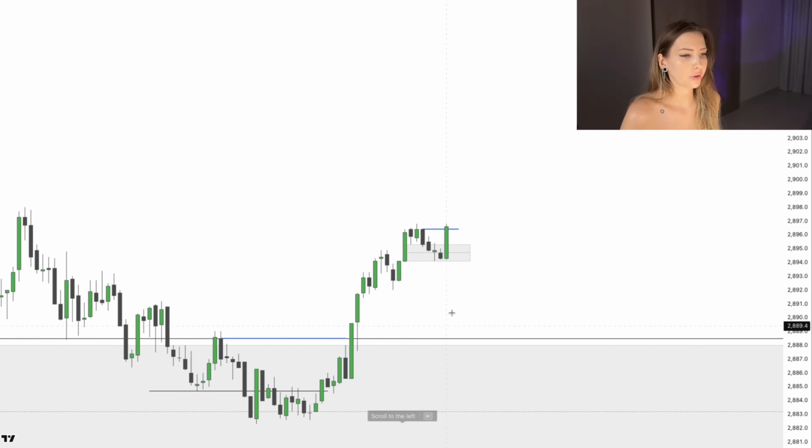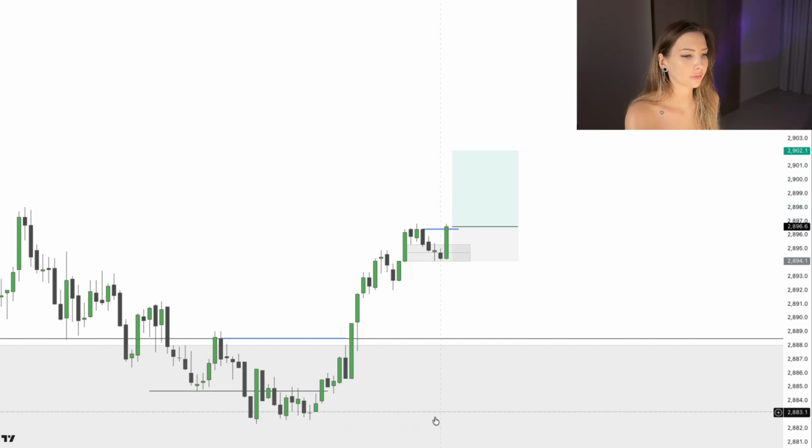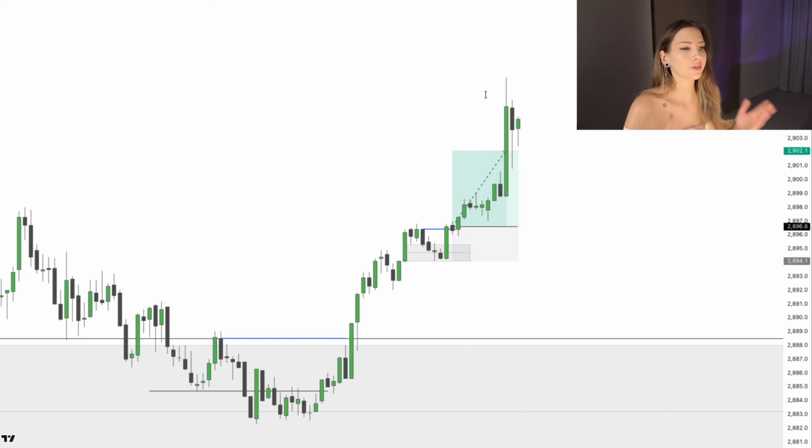All right, so here we have our closure above. We can place the entry, stop at the lows, targeting to our minimum. And let's see. We get that. You can see we have 2 trades, 2 different directions, but the process is exactly the same,